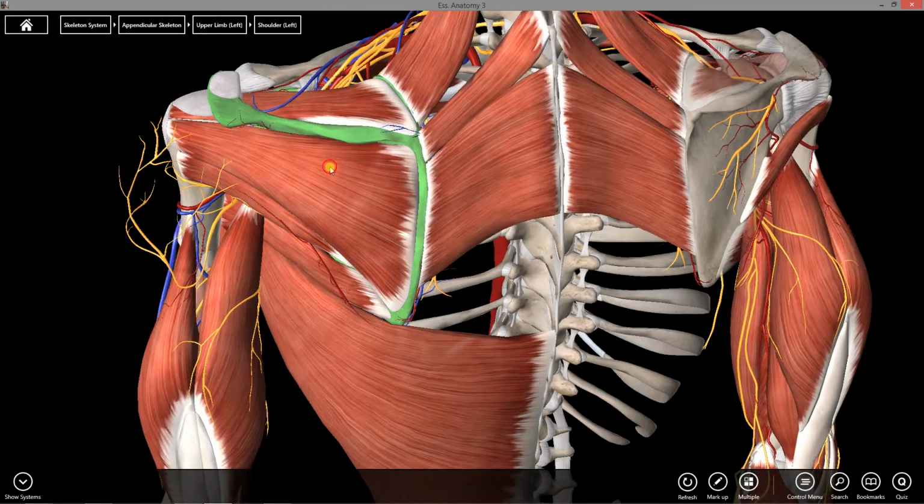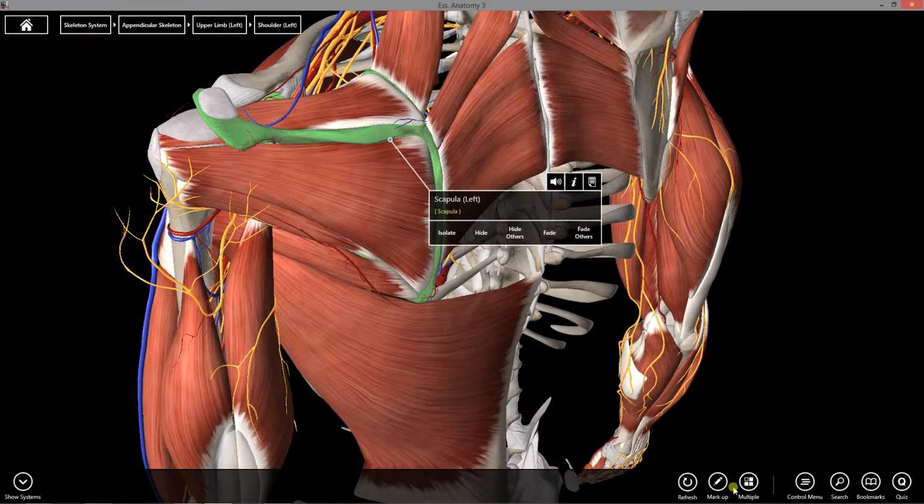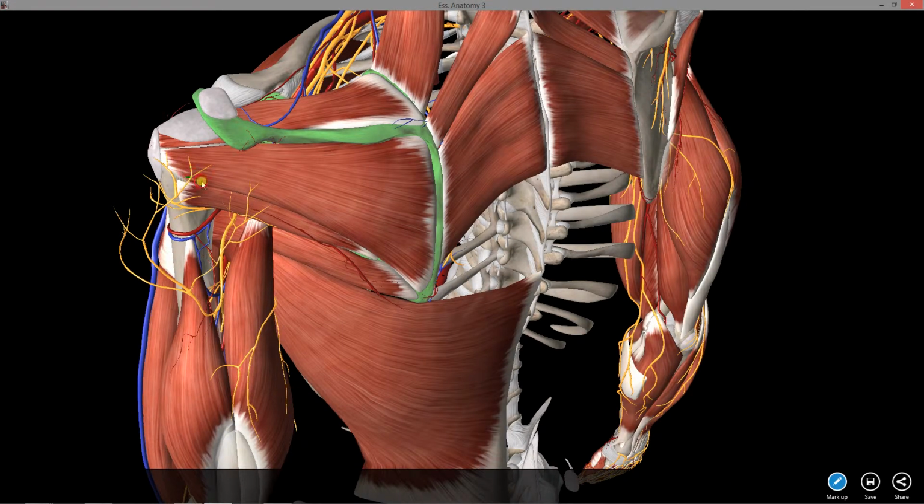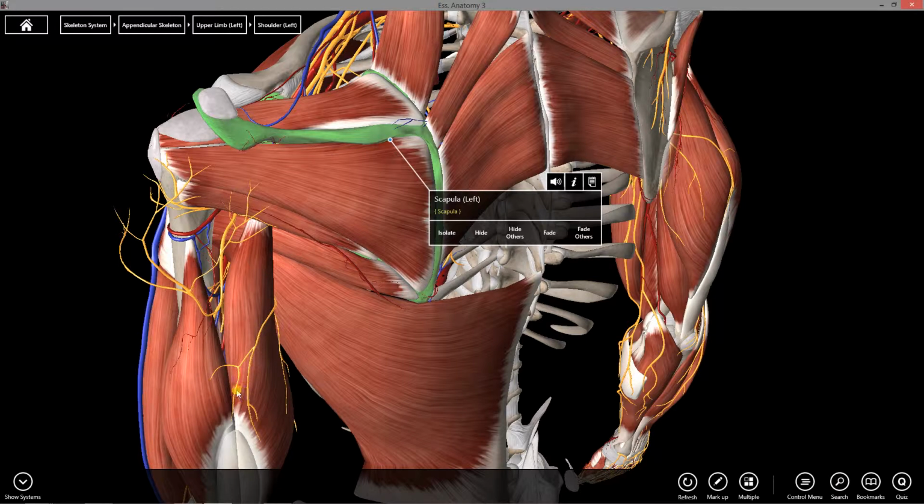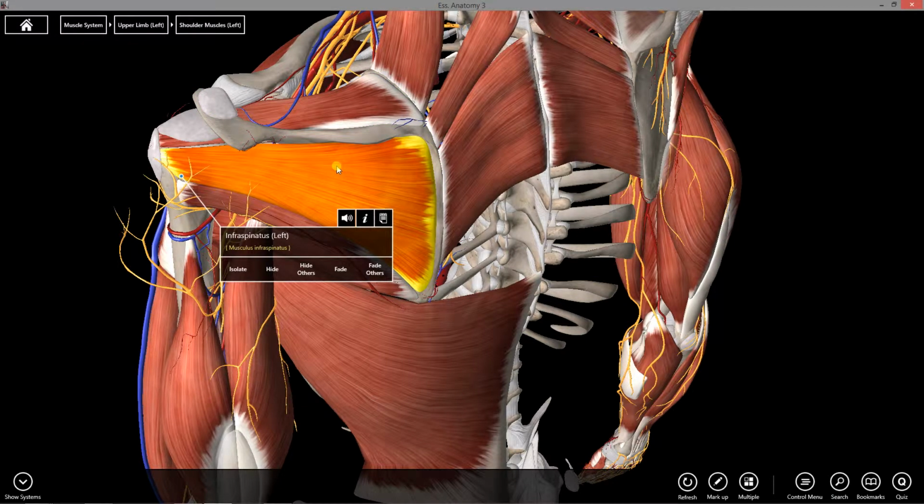It allows for external rotation of the arm. So you can imagine if the fibers are contracting this way, your arm is going to externally rotate because it's attaching to the outer side of the greater tubercle of the humerus. And so the arterial supply of the infraspinatus is the suprascapular artery, which is the same